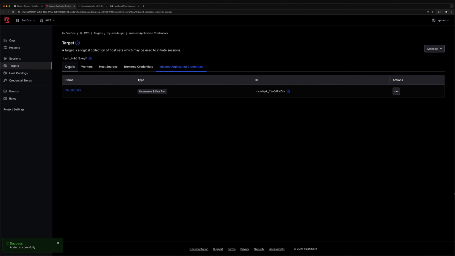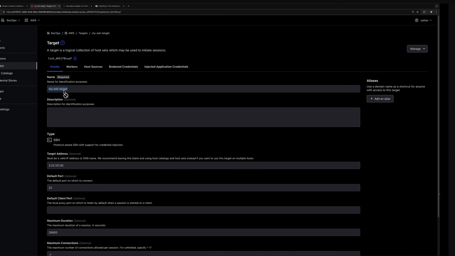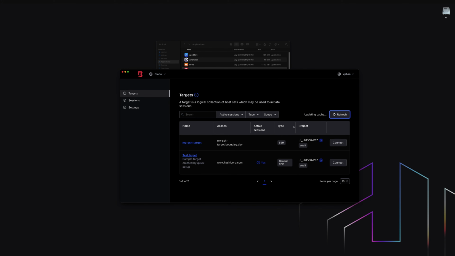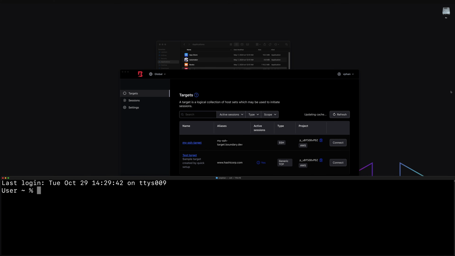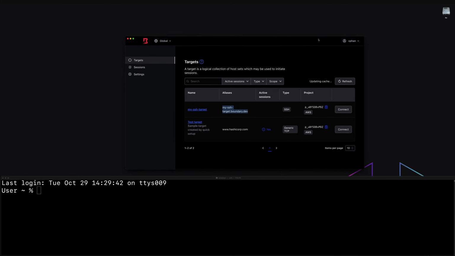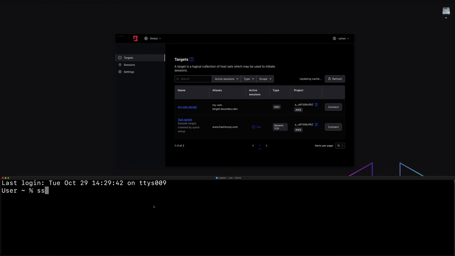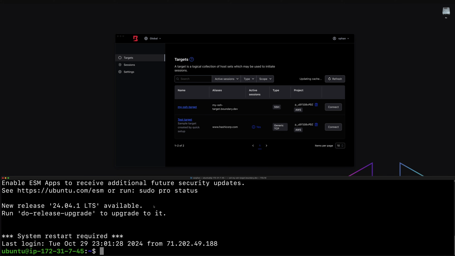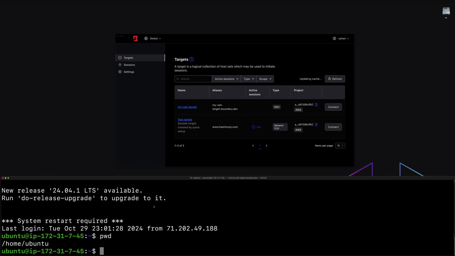Okay, so our SSH target is ready to go, as you can see here. Let's now pretend we are the end user and go back to our desktop client. If we refresh the desktop client, we can see our new SSH target, along with the alias for that target. As an end user, all I need to do is use my favorite SSH client. In my case, I'm going to use my terminal and connect using the alias. So I can just type ssh mysshtarget.boundary.dev. As you can see, it connects me right in over SSH, and I didn't have to handle any credentials